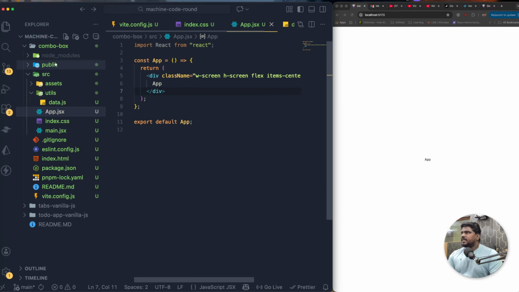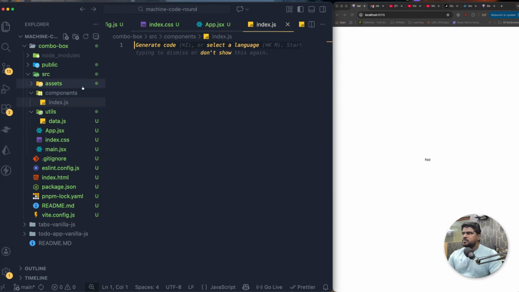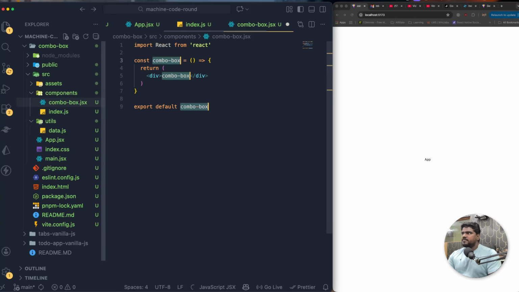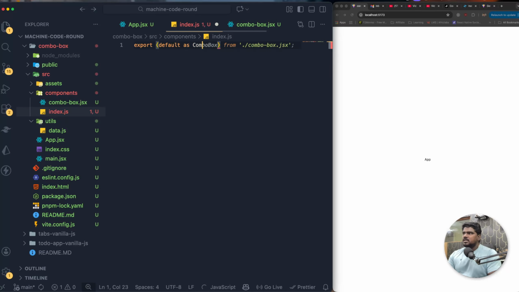Perfect. And here inside the source folder, I'm going to create a new folder called components. And inside the components, I'm going to create a new file called index.js in order to export all the files from a single file. Then I'm going to create one more file, which is going to be the combo box. So let's generate that: ComboBox.jsx. Let's use RAFC, bring the combo box, save it. And in the index, I'm going to export that combo box. So let's say export default as ComboBox from